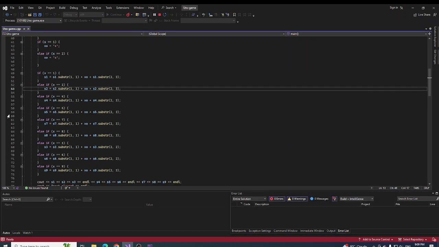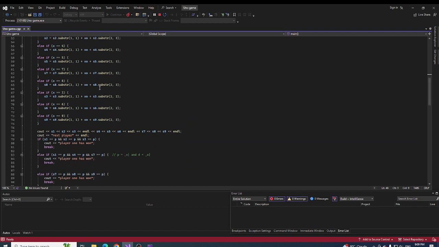Obviously, I might not have explained this concept of substr clearly, but trust me, there are many tutorials on this. So if I don't explain this well to you guys, you can watch other tutorials on YouTube and stuff, and then you might understand what I'm trying to talk about, the substr. Yeah, the substr function for strings is very helpful, especially with strings. I just want to tell you guys that. And then, of course,